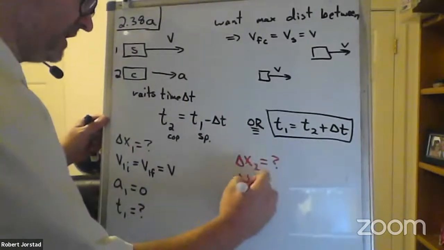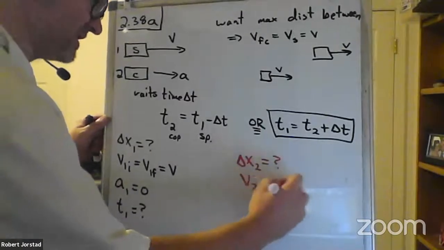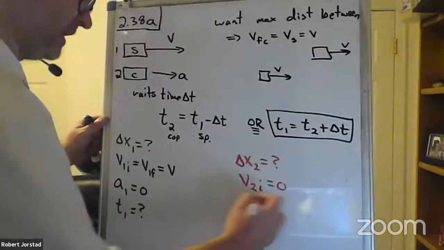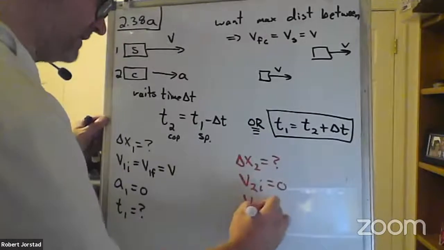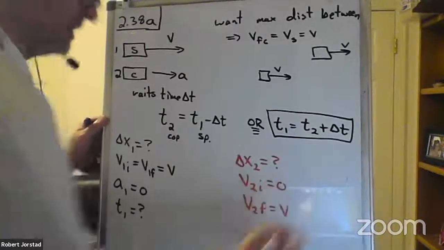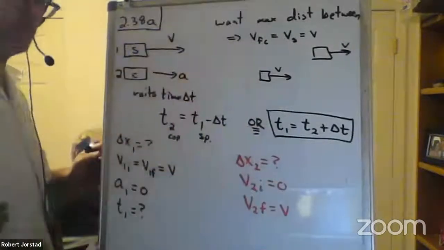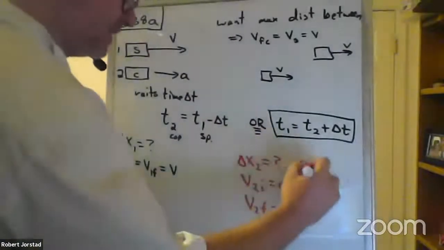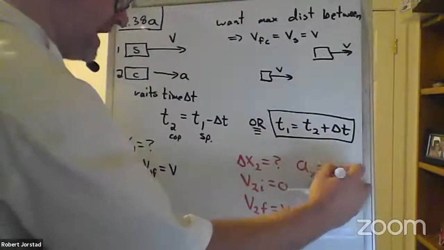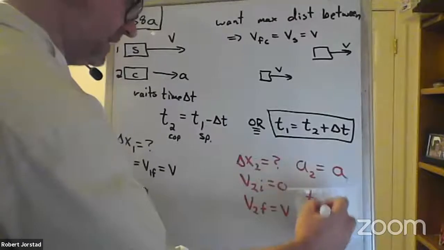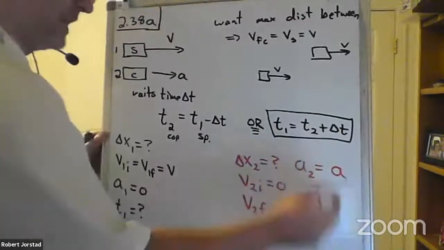I know that V2 initial equals 0. And I know V2 final is equal to V, otherwise they wouldn't hit max distance between. I know that A2 is equal to A, and T2 is unknown, but I can use